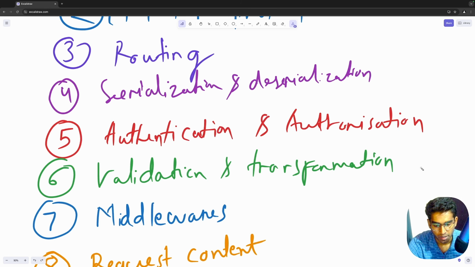Then there is transformations. For example, typecasting, converting string to number or number to string, because in query parameters or path parameters, whatever we receive is a string. But let's say we are expecting an ID field, which is a number. So before we send it to our handlers, we have to convert that string into a number. So that step is called a transformation, which we have to take care of in our validation pipeline. And different date formats, for example, the front end might send a different format, or we might be expecting a timestamp. So that also has to be taken care of in the validation pipeline.